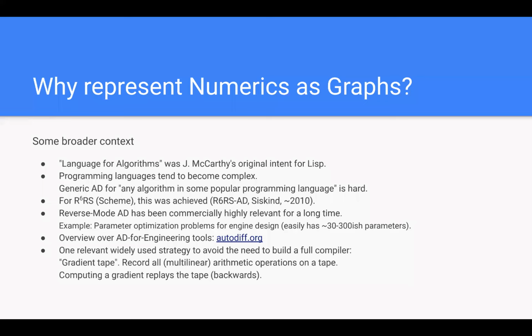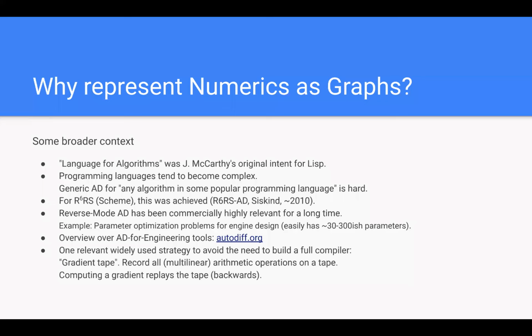Nevertheless, reverse mode AD, so the ability to get fast gradients, has been commercially relevant for quite a long time. To give a specific example, if you do, let's say, engine design in engineering, then this leads to numerical optimization problems that can easily have 30 to 300 parameters or so. And it's immensely useful if you have fast and good gradients for that. I'd like to flag up autodiff.org as a website that gives a nice overview over the different automatic differentiation related